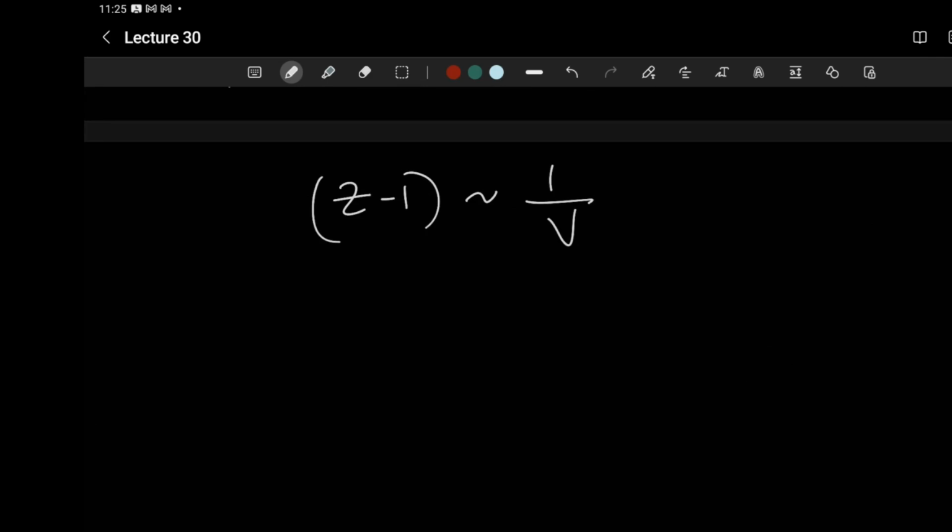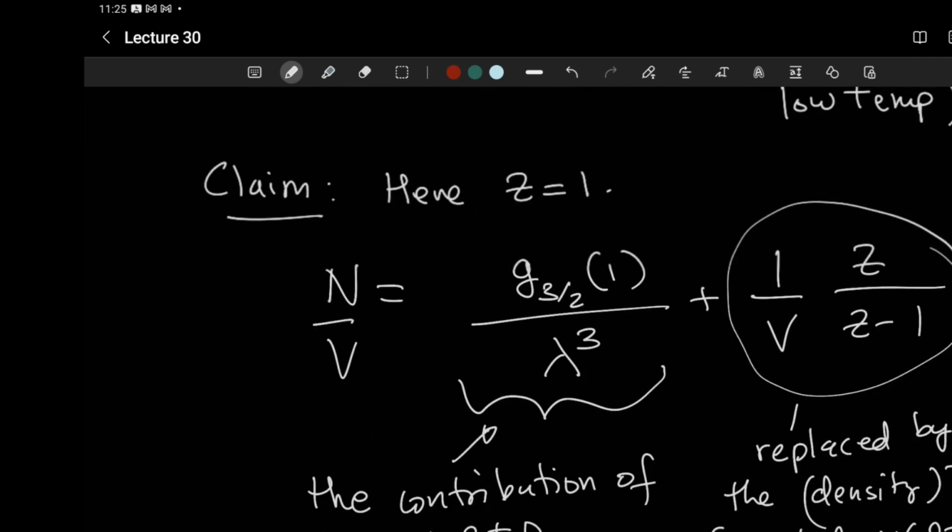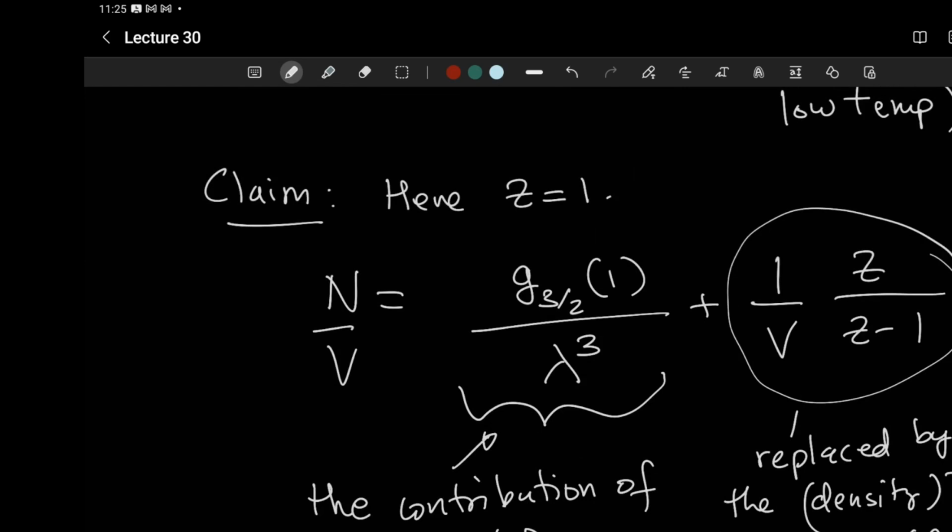No, it cannot go like 1 by v squared, because then that term will be 0. It has to be strictly going by some constant times v. Nothing else will work. If it is v to the power half, then it will go to 0. If it is something greater than that, it will blow up. So it has to go like v. That's the only way, if you're going to take it as a limiting process.